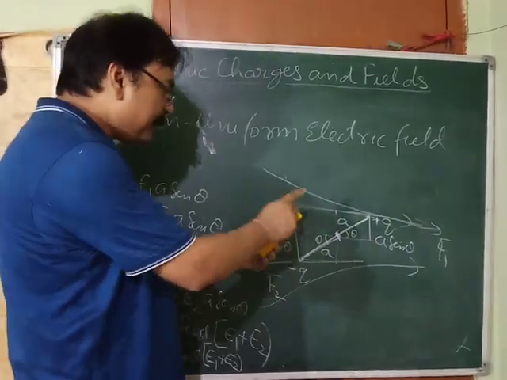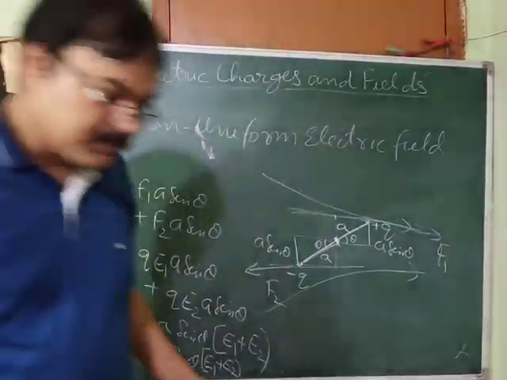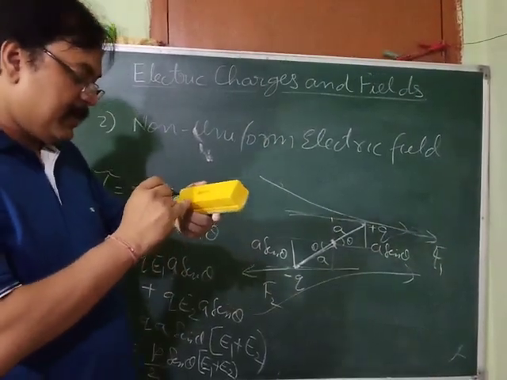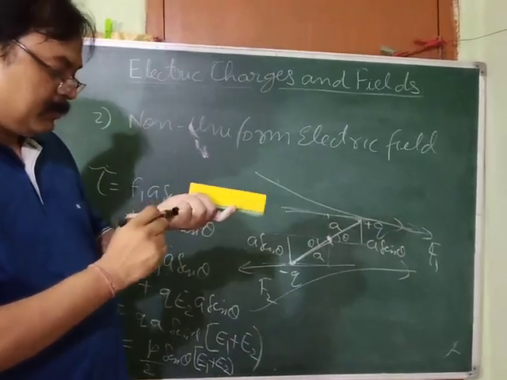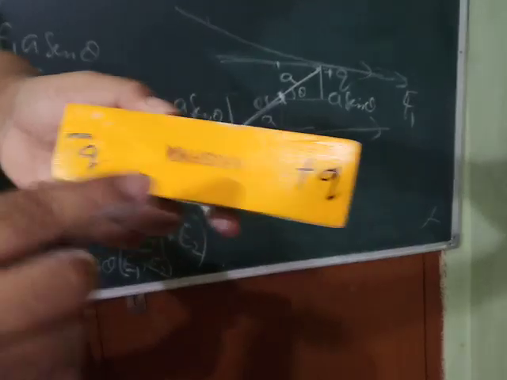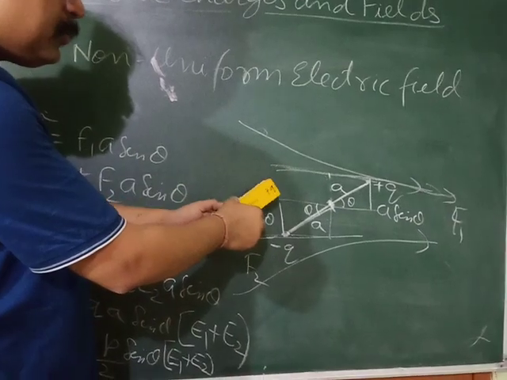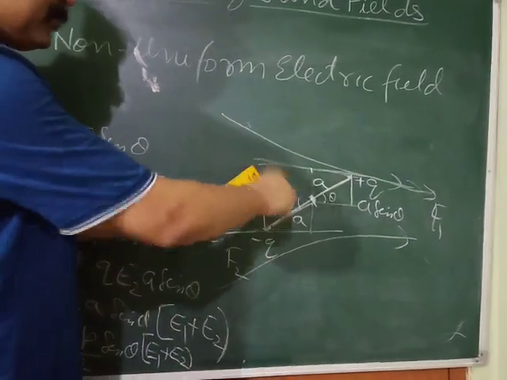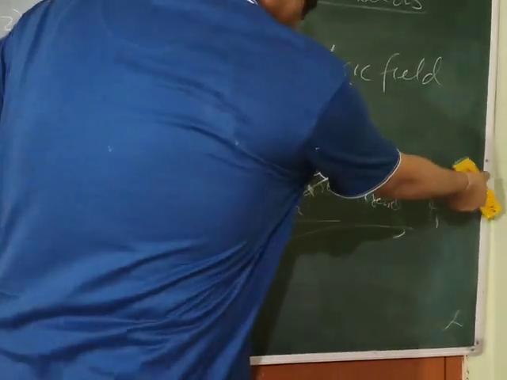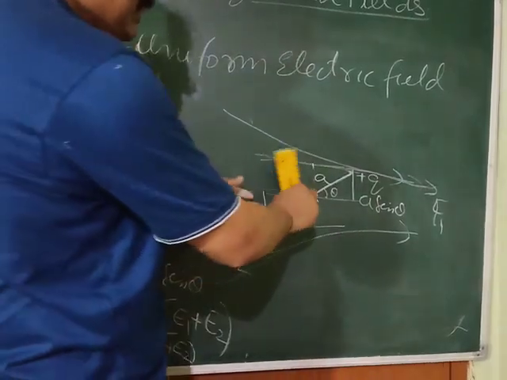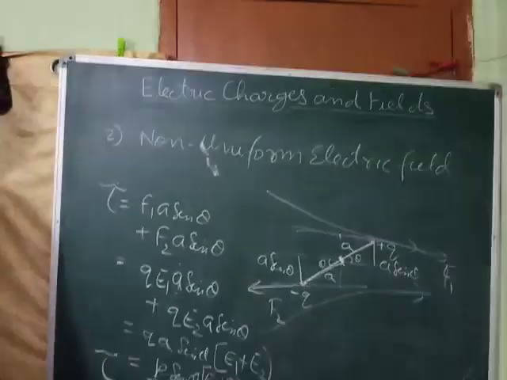Just see. Suppose this is the dipole. Here it is the negative charge, I can mark it for you. I will mark the negative charge as minus Q, and here I can mark plus Q. I think you can see this is minus Q and this is plus Q. This is the dipole. Now see, it is there in the field. So what will happen? It will not only translate but rotate also. How will it rotate? See, force is acting like this. So it will keep on rotating like this and keep on advancing also. Got it? Okay, that's all.